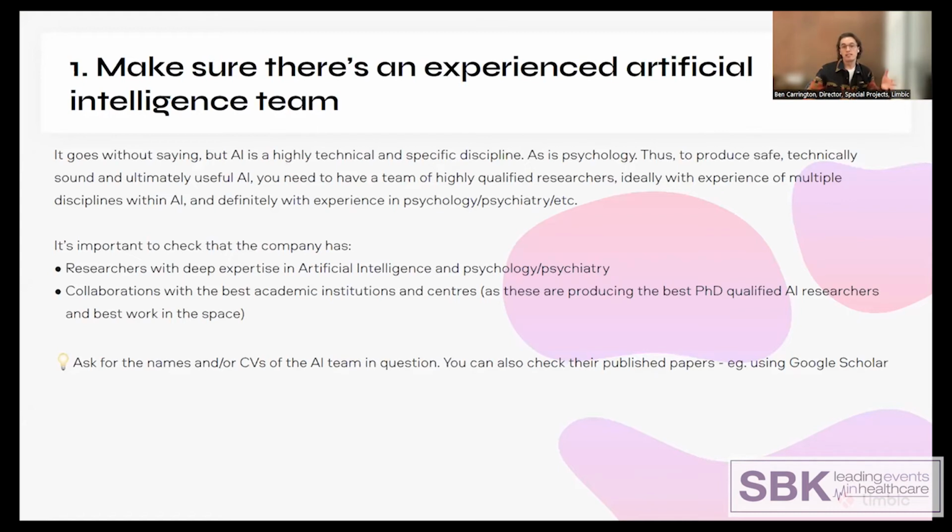And this is the quality of the team building the AI is really, really important. Now, AI is obviously a specialist skill set, but beyond this, the team building the AI must also be knowledgeable in the field itself, because the context of the deployment of AI is absolutely vital. And also, it's really important that the team have a good track record. So this is things like peer-reviewed publications, citations, collaborations with academic institutes in the space. All of this goes a long way to ensuring there is some kind of basal level of quality that will be met when you're developing AI. Secondly,